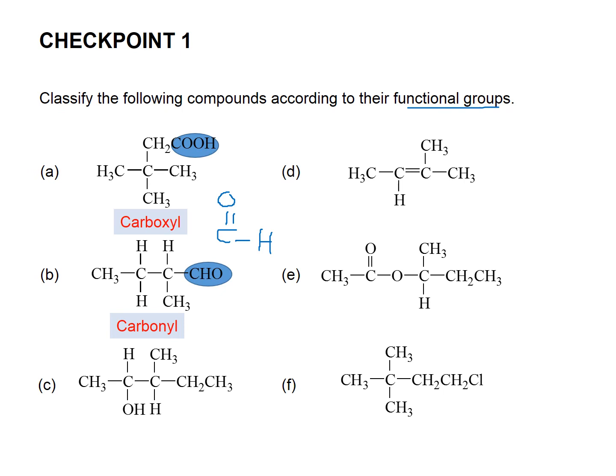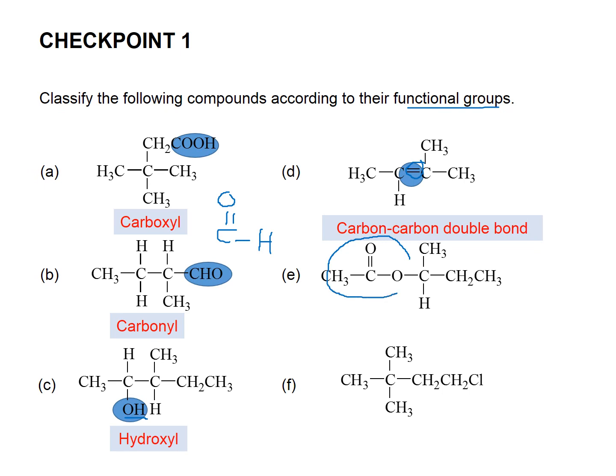So, yang this one, kamu tengok ini ialah yang functional group dia. Bukan functional, homologous series dia. So, this is an alcohol. So, functional group dia ialah hydroxyl. So, yang ni dekat sini, double bond. So, this is the functional group of a carbon-carbon double bond. So, yang ni pula, kalau kamu tengok kat sini, dia ada COC double bond dengan R dekat tepi tu. So, this is an ester. So, ester dia punya functional group is carboalkoxy.